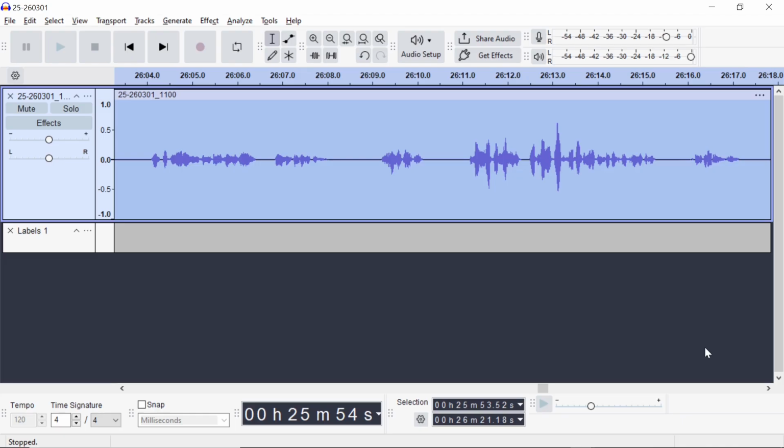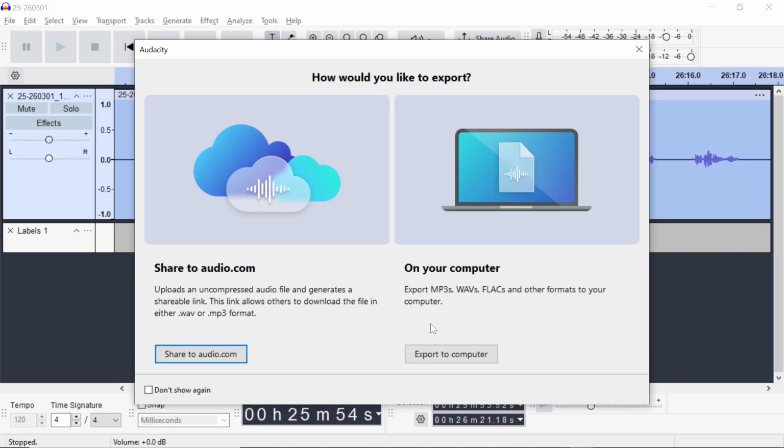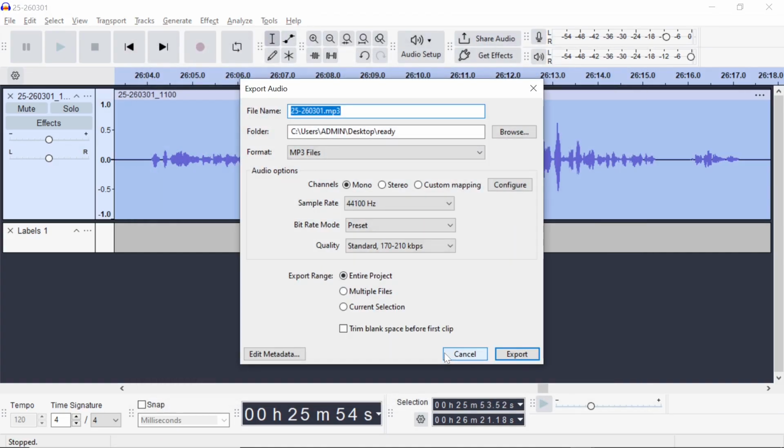So I'm about to export this recorded sermon, and I will create an XML template. So you go to File, Export Audio, Export to Computer. Then typically the file name and the track title are the most important details, and they're the same thing. So for this, the file name would be